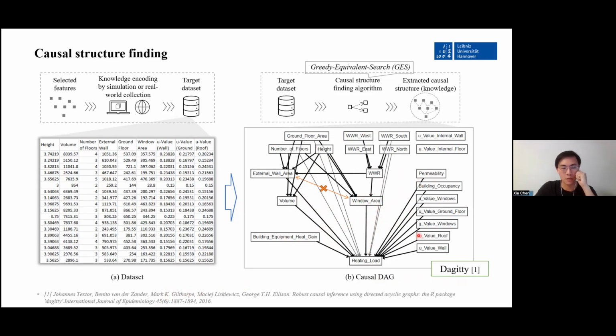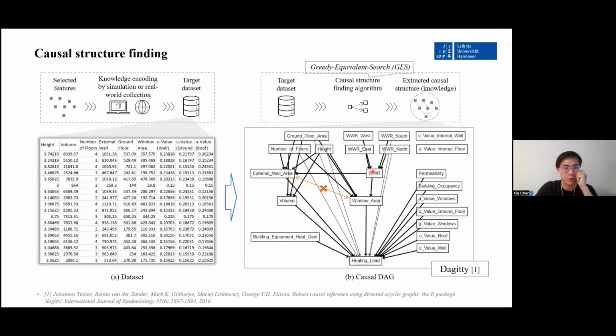So that's how we read this graph. And as we can see, the result is quite accurate. The causal relationships also reflect a certain level of kinship in the design process. Normally, we will fix the geometry first: the ground floor area, number of floors, and heights, and then we try